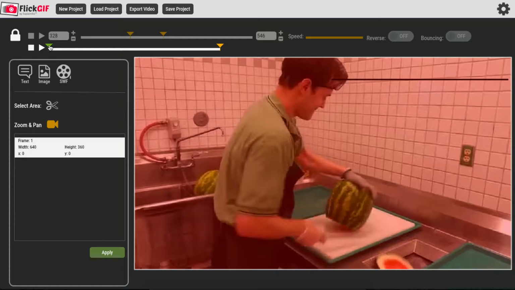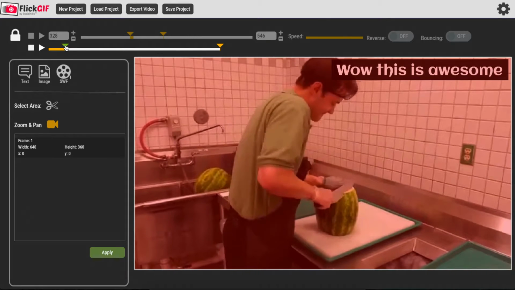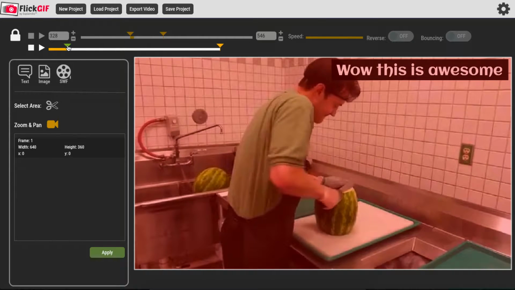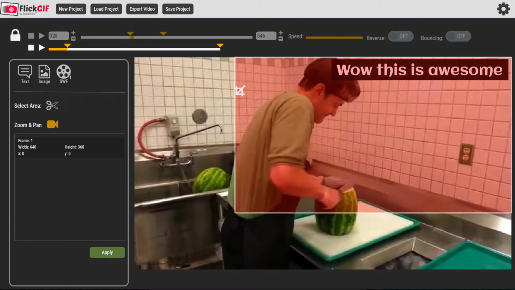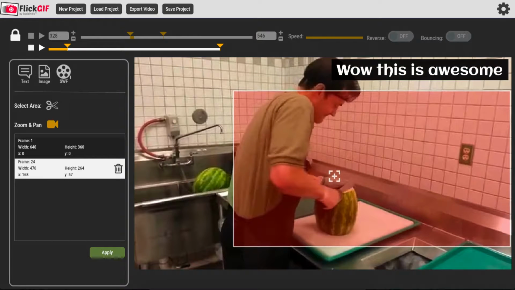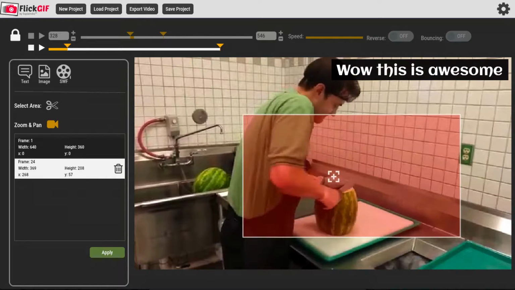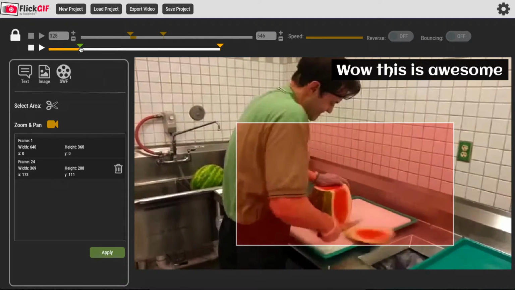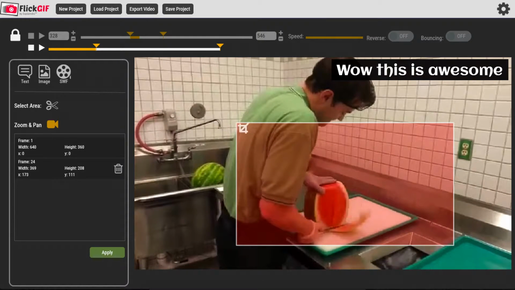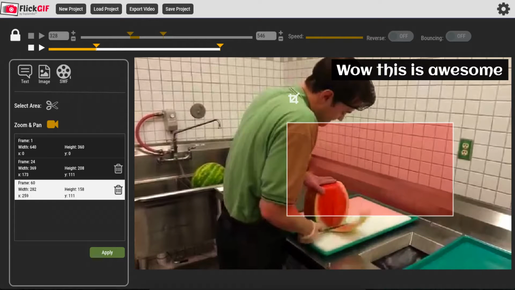I'm going to click this. I'm going to drag it over here. And let's say about this section right here, I am now going to resize this. And let's say I wanted to zoom in on just him cutting the watermelon here. Just get real close to that. I have that, and now we can see I have a new frame here where we are zoomed in. I can drag this up a little bit further, and let's zoom back out. Let's go ahead and reset this here